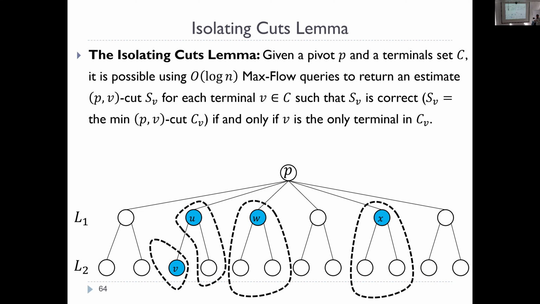Right. Let's assume that there's just one Gomory-Hu tree for the graph. This is the Gomory-Hu tree, and there's no other. If you go with this assumption, then this is the only cut for every one of those terminals. Say for the node U, the only cut between P and U would be those 3 nodes.